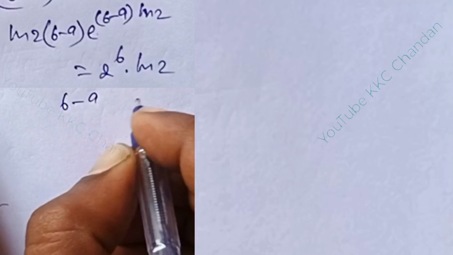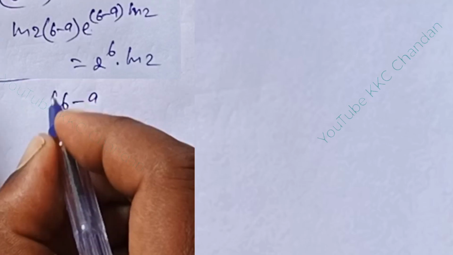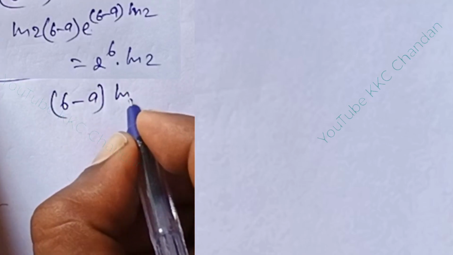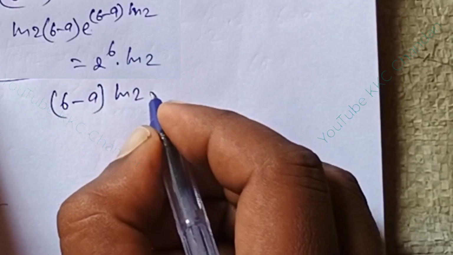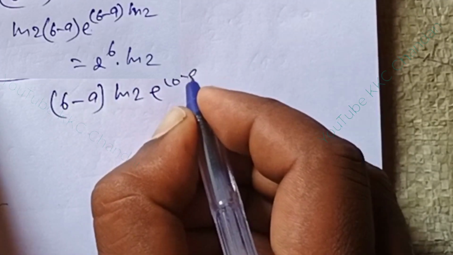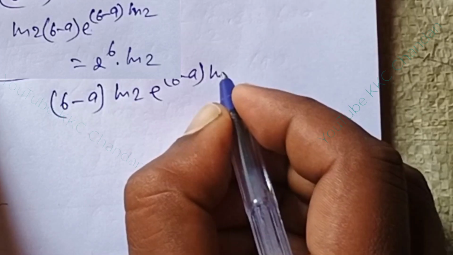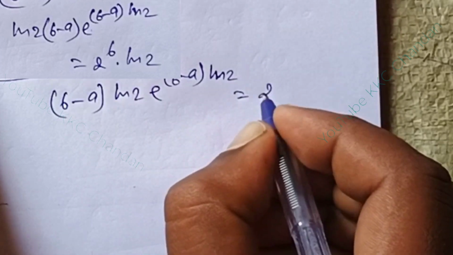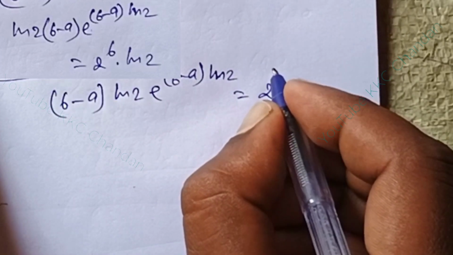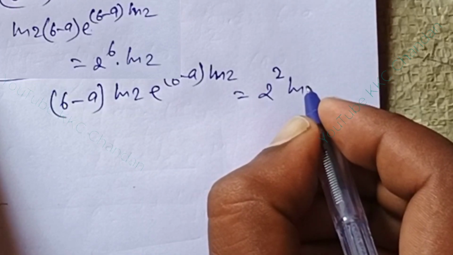After that, 6 minus a into ln 2 into e power 6 minus a into ln 2 is equal to 2 power 2 ln 2